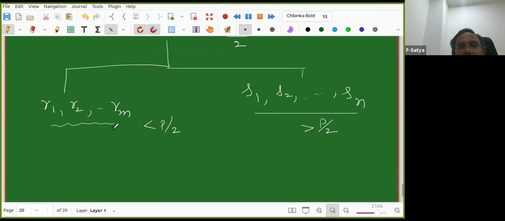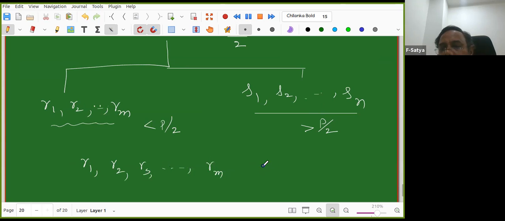So all of these are greater than P by 2, and all of these are less than P by 2. Now, are any of these equal? They cannot be equal to these, because these are greater than P by 2 and these are less than P by 2. But are any of them equal among themselves? No, right? If they are equal, then we will get a contradiction. That is what we did in the Fermat's theorem proof. So these are distinct, these are distinct. This is the clever trick in the proof of Gauss lemma or Eisenstein criteria, everything. Wonderful, actually.